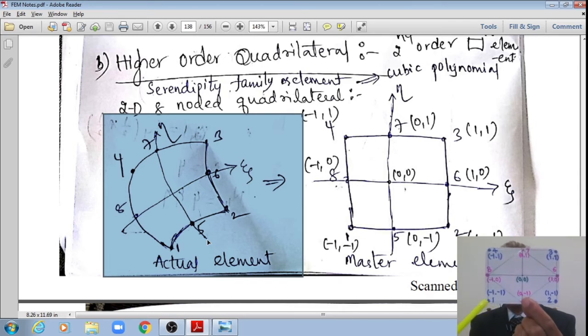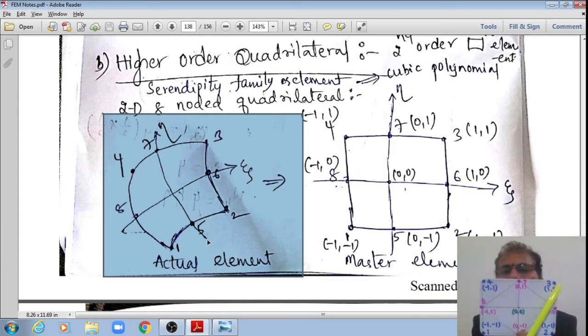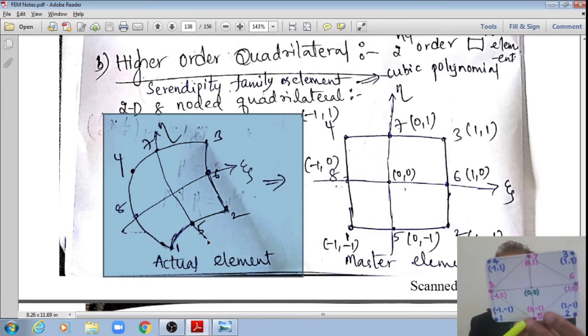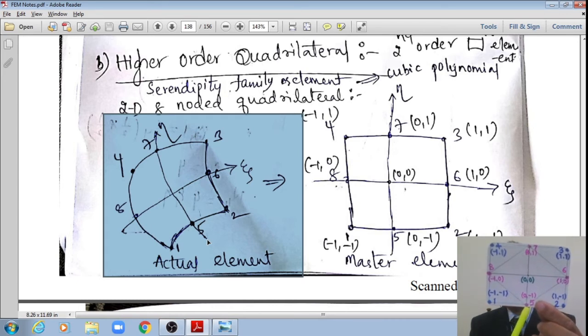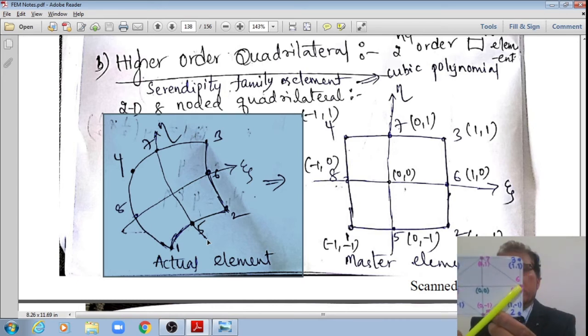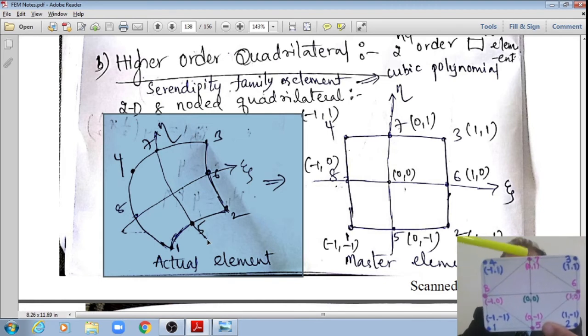Node 2 at 1, -1, and node 3 in the first quadrant at 1, 1, node 4 at -1, 0, and node 5 at 0, -1, node 6 at 1, 0, and node 7 at 0, 1,